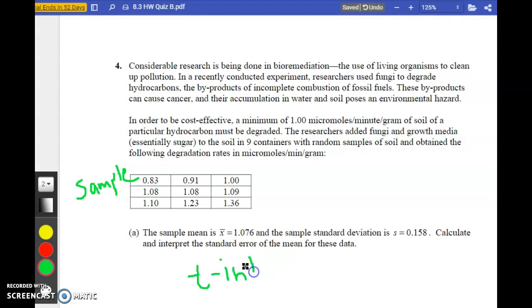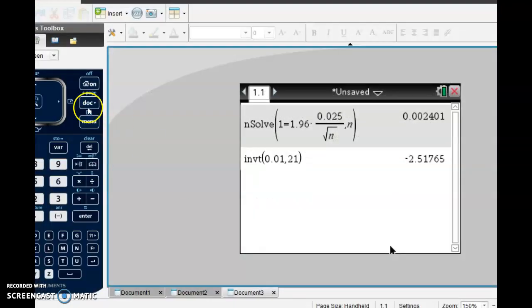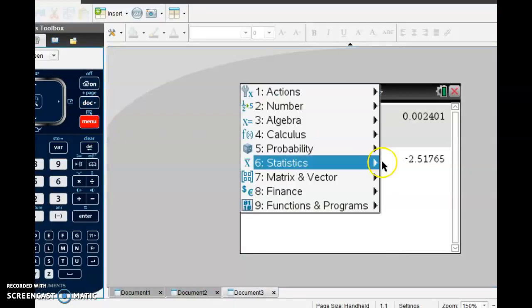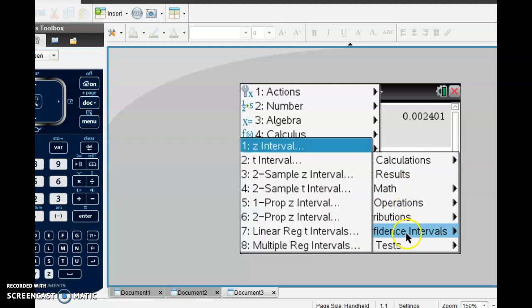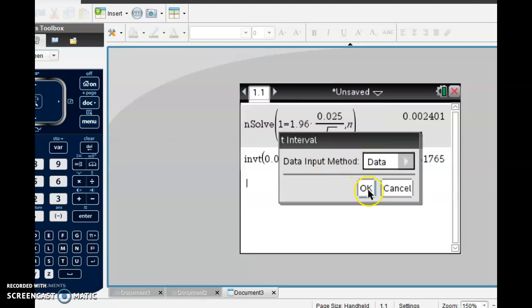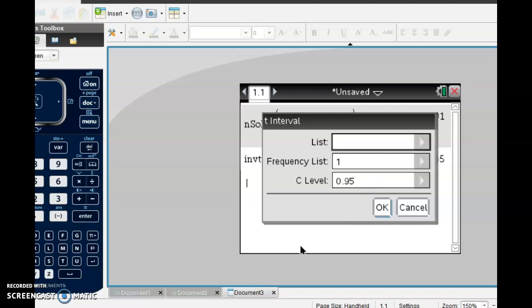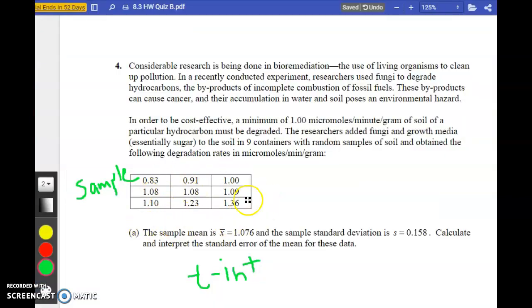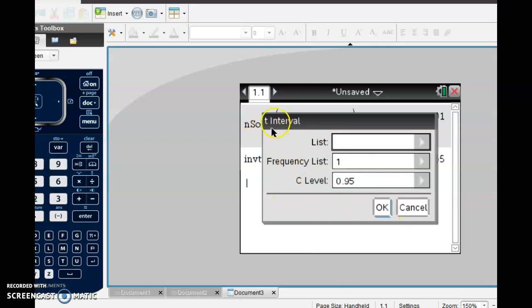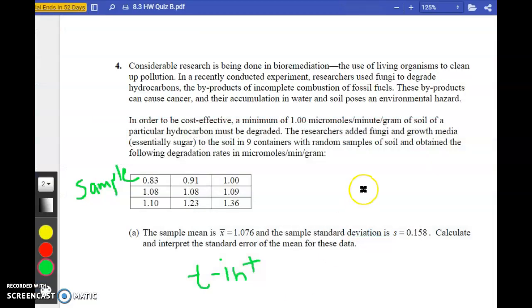And real quick before I run out of time, in the calculator, if you did a t interval, here is where you would pick data. I'm a little ahead of myself. You would have to enter this in a list and spreadsheet. And then the shortcut is you can go to data, t interval, pick data, and then pick whatever list you typed in and your level of confidence. I hope this helps with